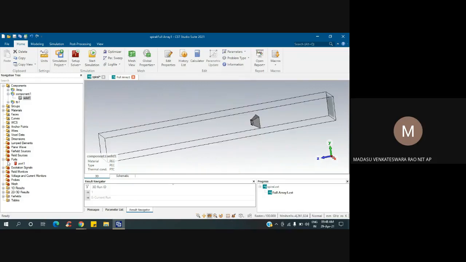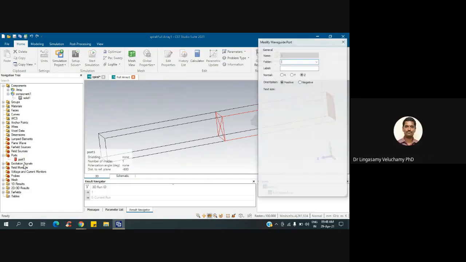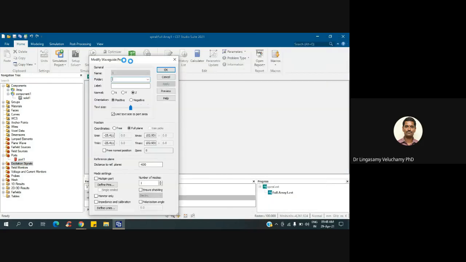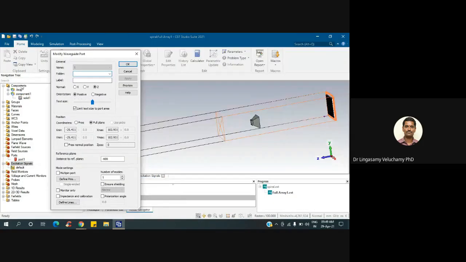Yes, sir. Actually, there is a port option. This port one. I cannot understand these options, sir. No, no, you should not use this port. Okay, you can use, no problem. Can you remove this port? I can tell you how to do that.